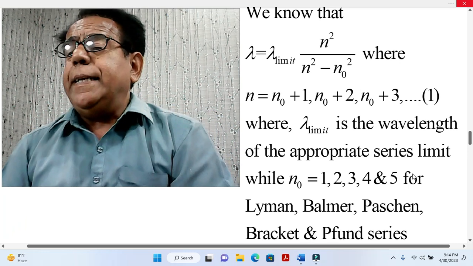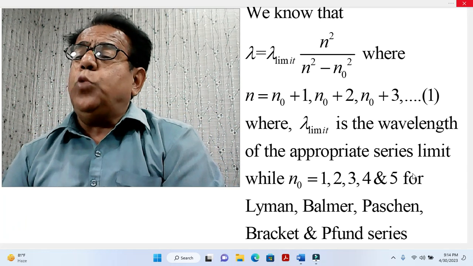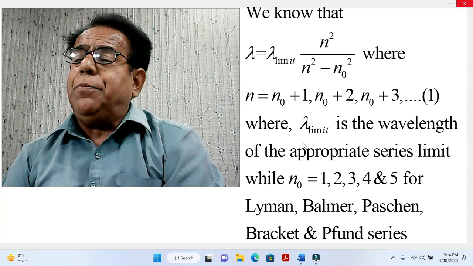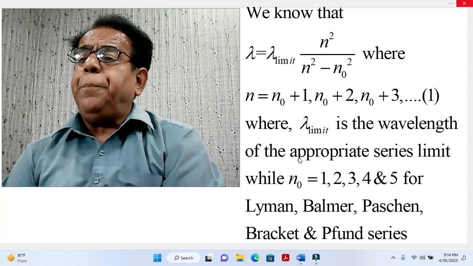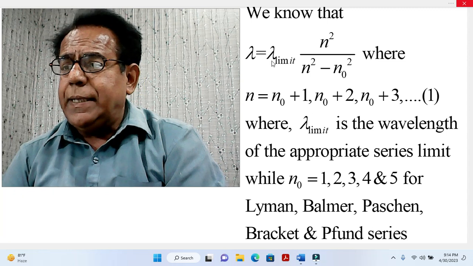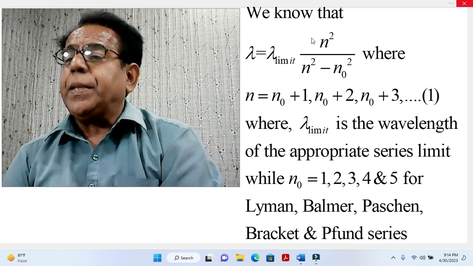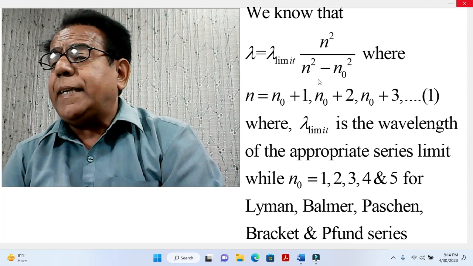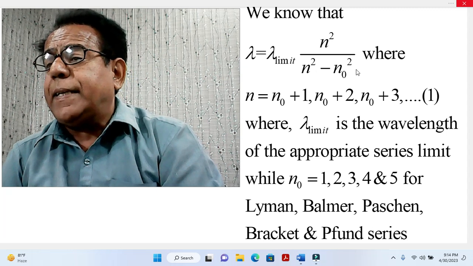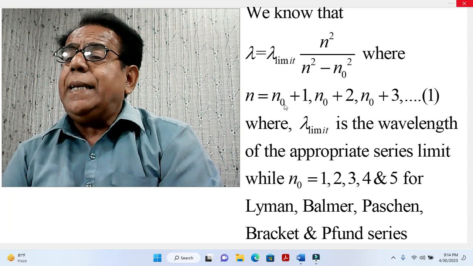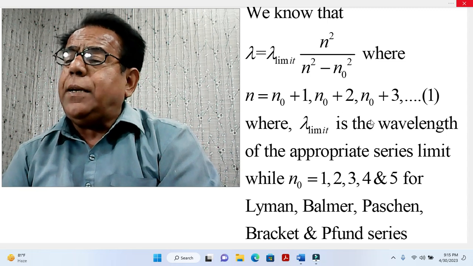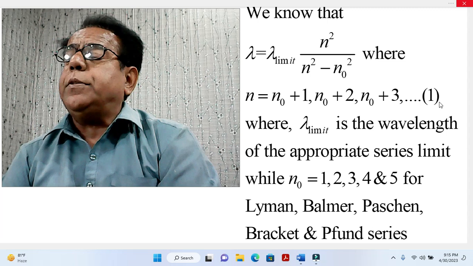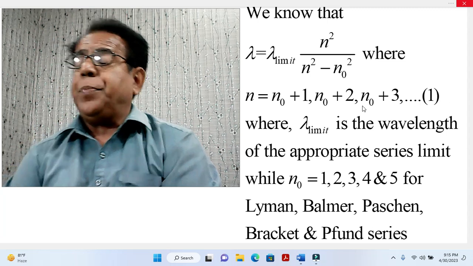When we read this, we will conclude that this is exactly the same as what we have dealt with in tool number 1. We know that lambda is equal to lambda limit times n squared over n squared minus n naught squared, where n is equal to n naught plus 1, n naught plus 2, n naught plus 3 and so on. This is equation number 1,